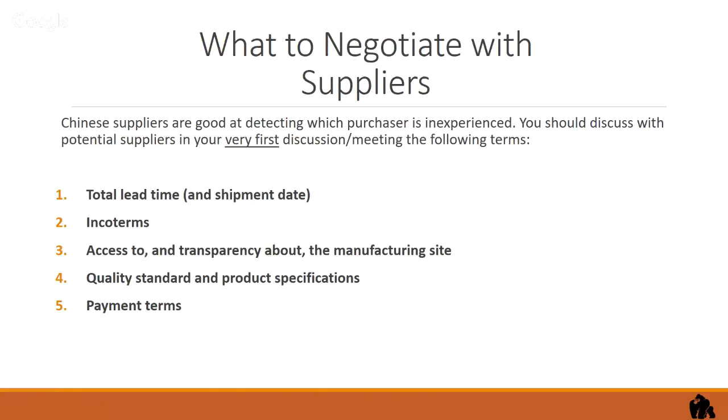Access to and transparency about the manufacturing site. Are they a manufacturer? Are you able to print my boxes? Are you able to change the logo? Are you able to change the color of the product? No, we are a trading company, but we can find out for you. Yes, we are the manufacturer, we do everything here on site. No, we subcontract that part of it out. This is the information that you really need to know, because all of that is going to impact and affect